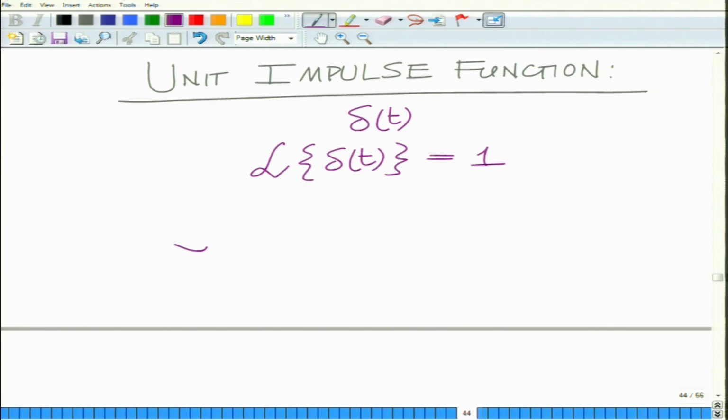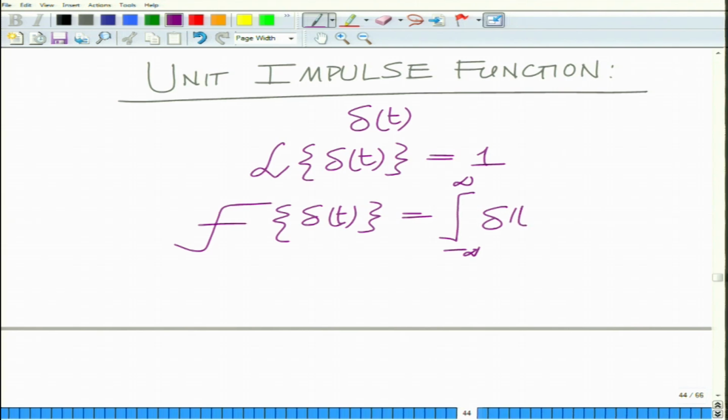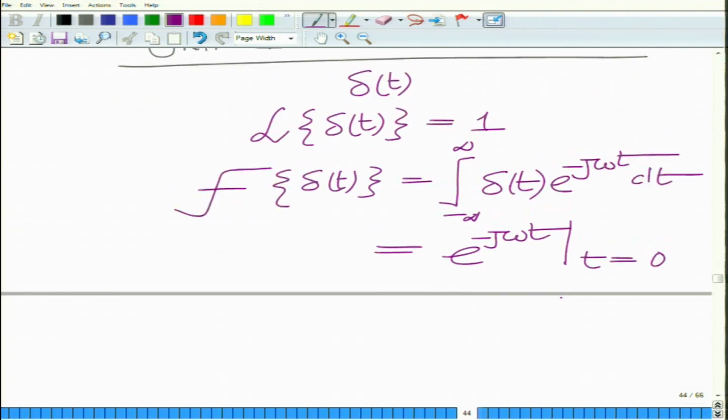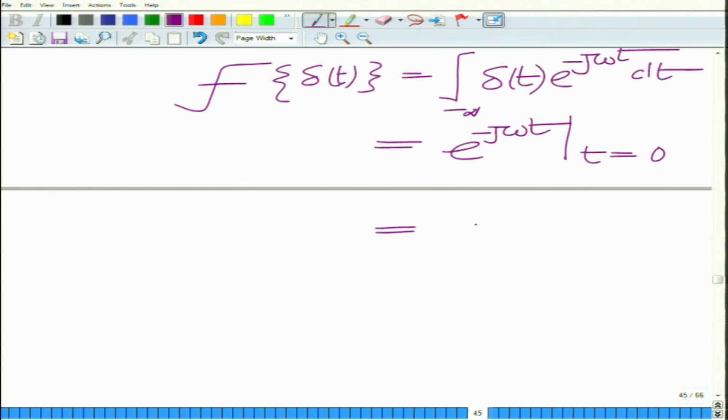Now, let us look at the Fourier transform of delta(t). This is equal to the integral from minus infinity to infinity of x(t) e raised to minus j omega t dt, but x(t) is delta(t). And from the property of the delta function, this is e raised to minus j omega t evaluated at t equal to 0, which is simply 1,